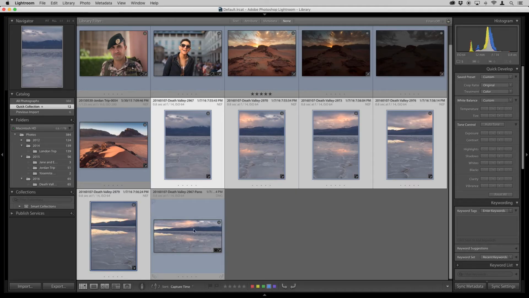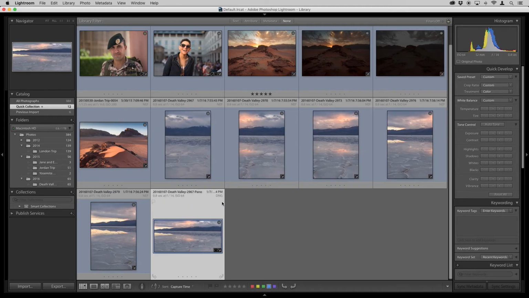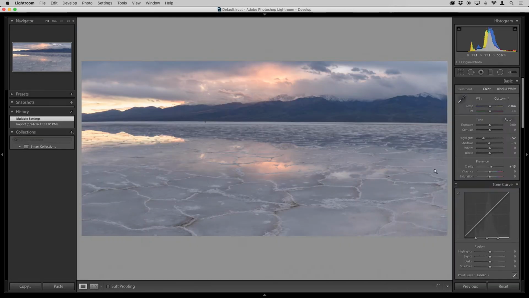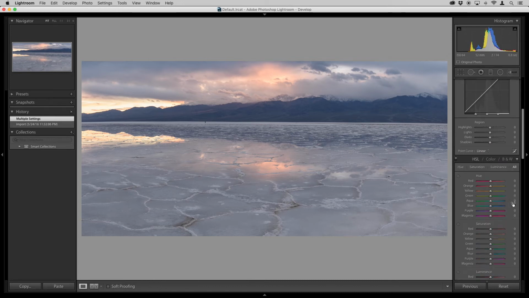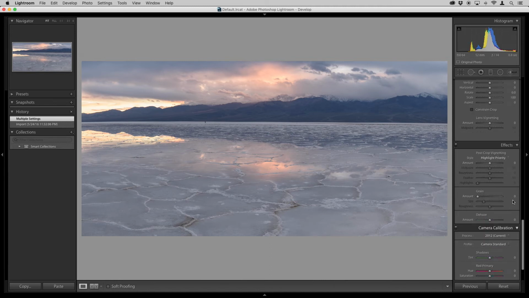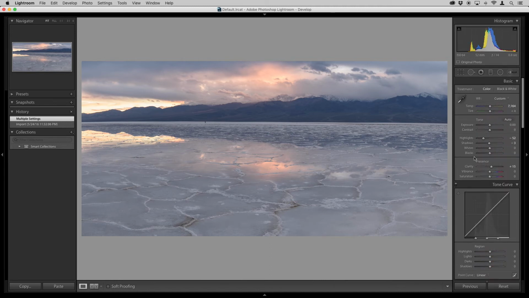All right, now the panorama got built pretty quickly, and as you can see, it's a single image DNG, and it's looking nice. I'm going to go ahead and go into the develop module, and as you can see here, this being a DNG format, I can make the same edits as I could on a raw image. And in fact, some of the settings that I had in my images got carried over, like clarity 15 and other settings that I had. If I scroll down here, you can see that even my camera profile is in there. So this is really cool because now I can make all the edits to this one single panorama, and all those edits are going to apply just as if this was a raw image.